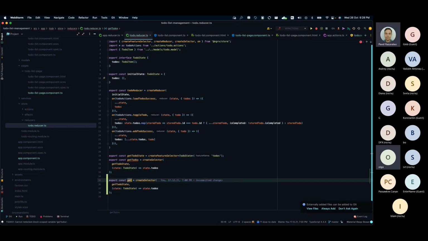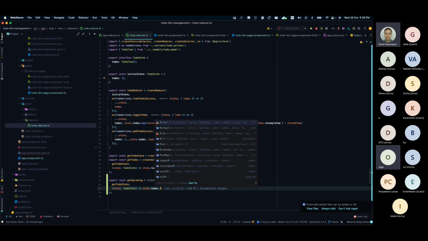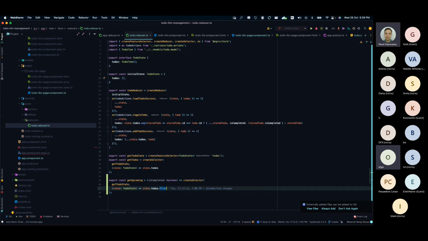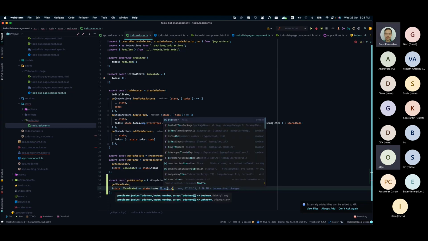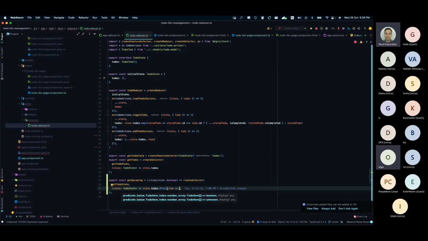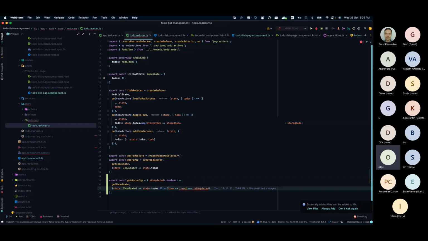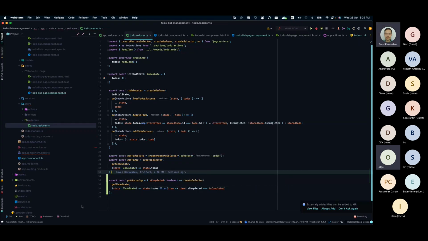We want to create a new selector, getUpcomingTodos, which actually is a function that will return createSelector. The function will take the completion boolean as a parameter, right? And we will return by the same condition item. Great. We created the selector